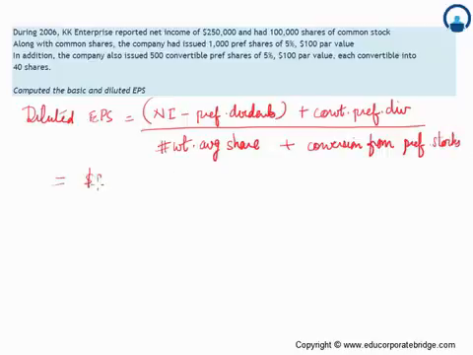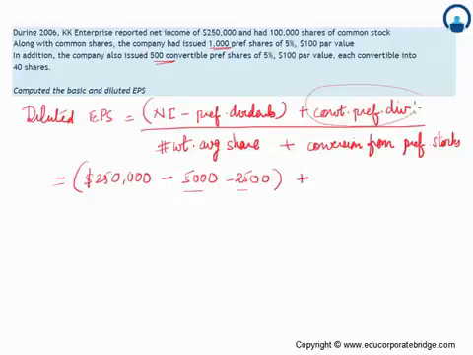Earlier we had done this, the numerator 250,000 minus the preferred share dividend with respect to the first one was 5,000, and preferred share dividend with respect to the second one was 2,500. So this was the original formula. The bracket denotes that this was the amount, first dividend and the second dividend from the preferred shares. Now we need to add back the convertible preferred dividend. So basically whatever we have subtracted, we need to add this back. So this would be 2,500, the addition,